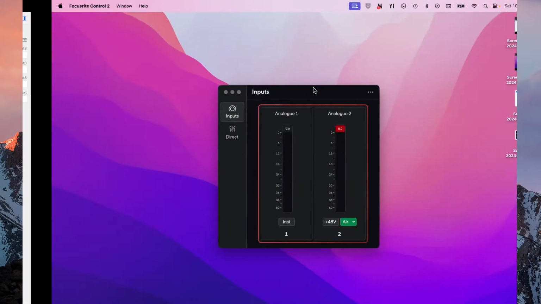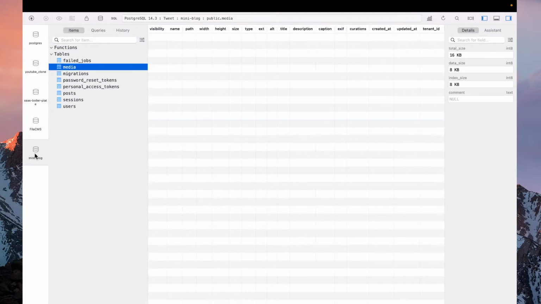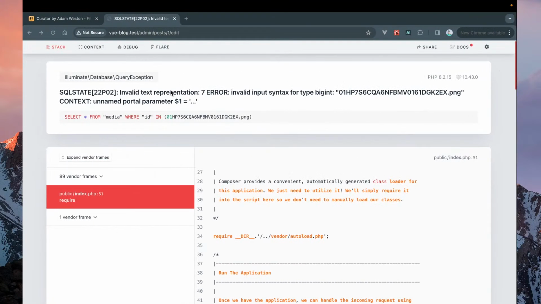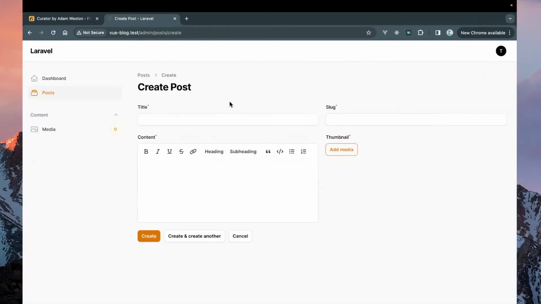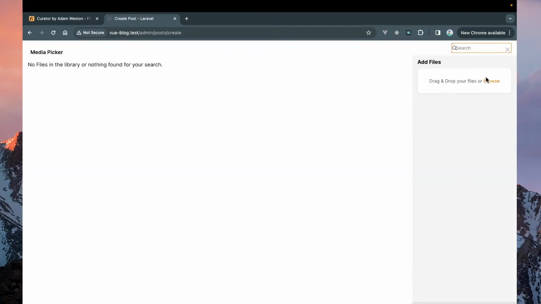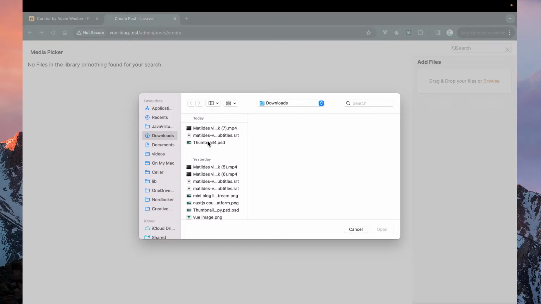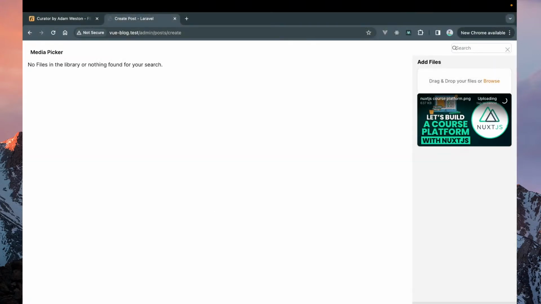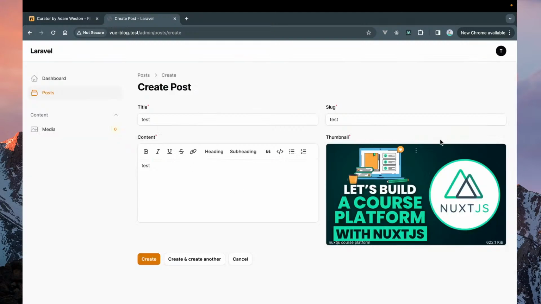We may need to clear the table actually. I think we probably want to do that just because we're using the curator picker. So we will go back in here, we'll create a new post, call it test, and test. And then in here, we can just upload a file. And I'm gonna just pick this one here. And that should be it then. So if we create this,